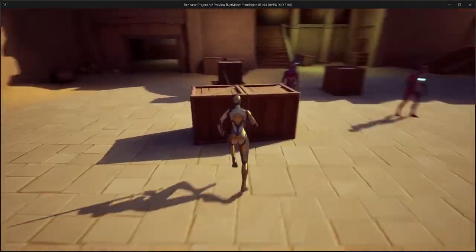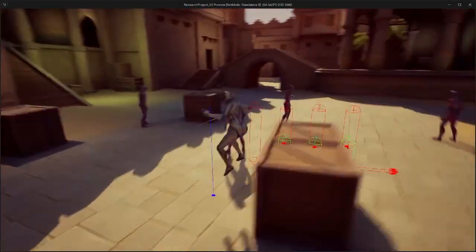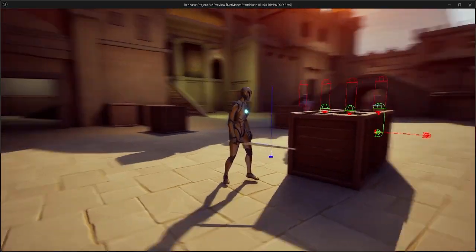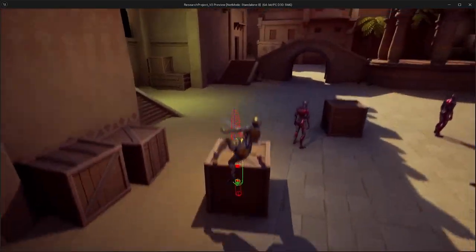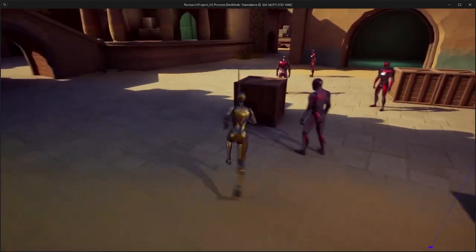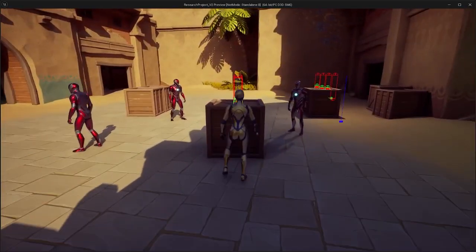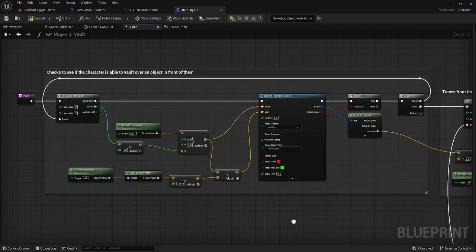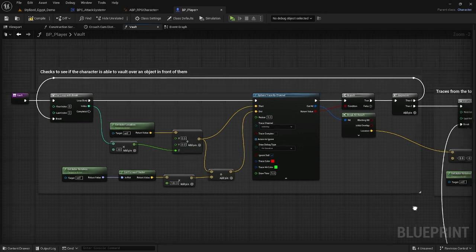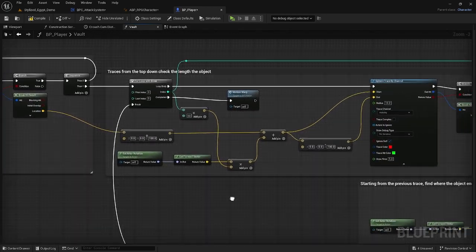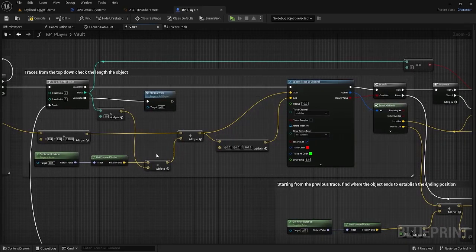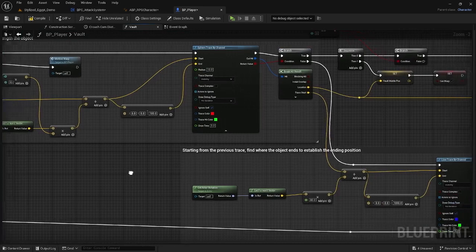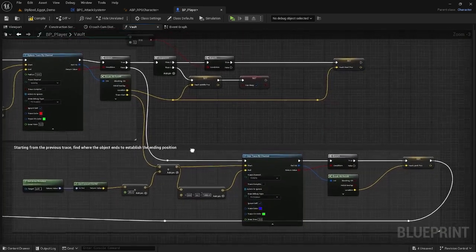I then went to work on the vault mechanic, which allows the character to vault over various objects. This is possible by utilizing traces at specified heights to determine where these traces hit the object meant to be vaulted over. Once the starting point and whether it is possible to vault over the object is established, another trace is spawned which checks the length of the object to make sure it is possible for the object to be completely vaulted over. The last and final trace is to locate the ending point. This is the closest location of the ground and where the character should be warped to by the end of